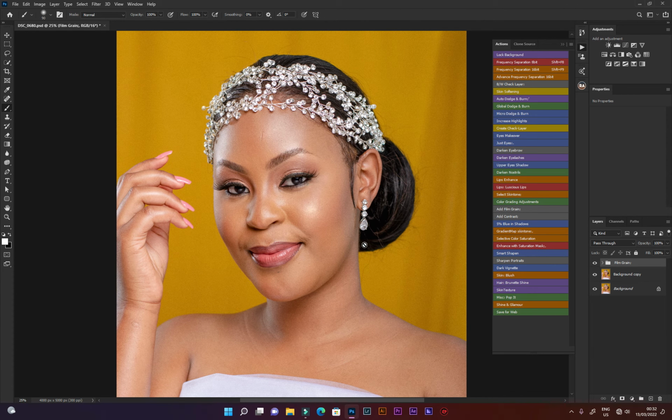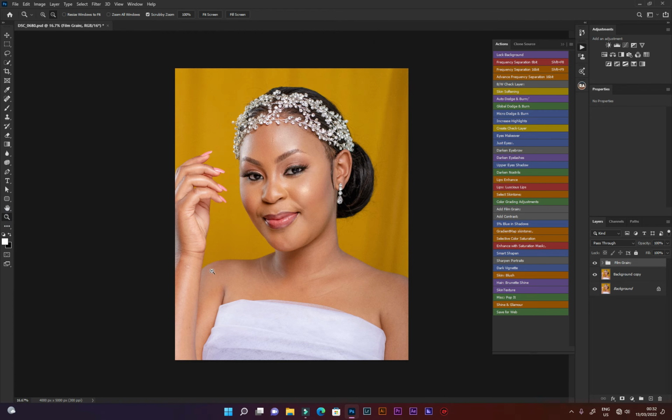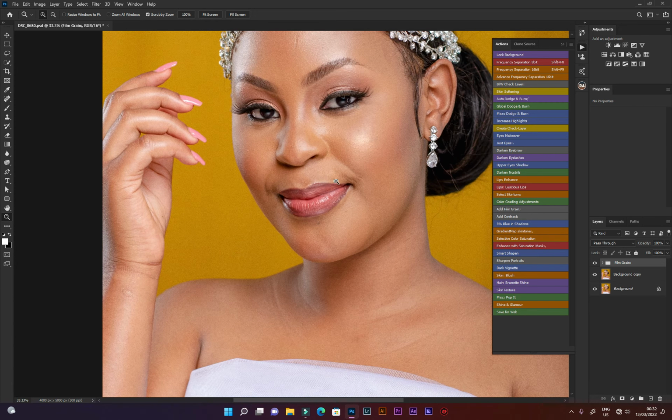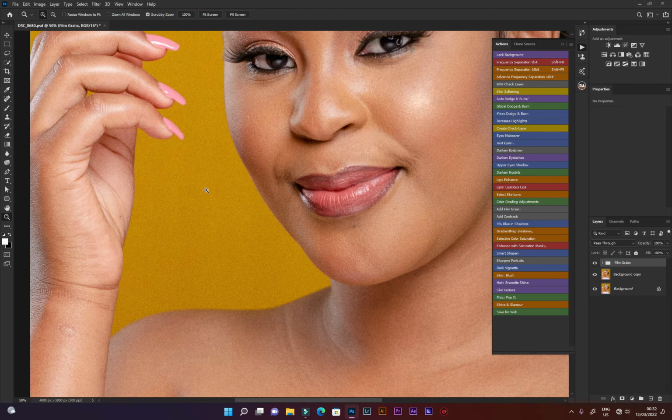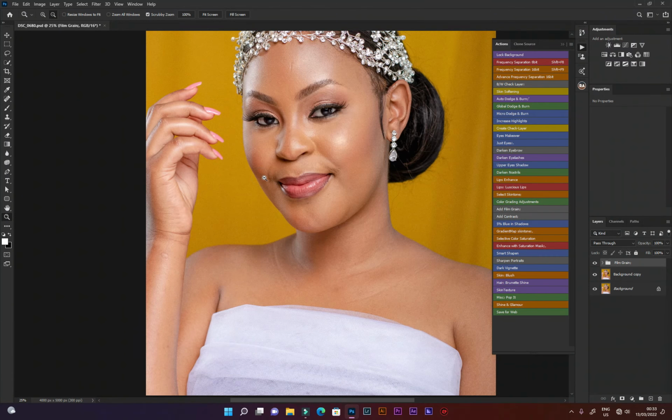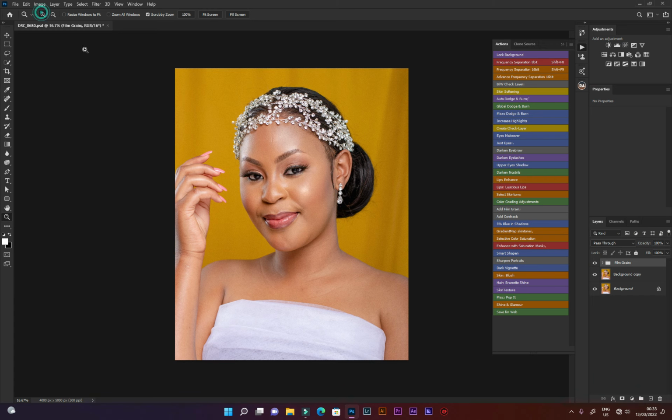Continue. As you can see, guys, let me zoom. I'm sure you can see some. Look at this section right here. Let me show you before. As you can see, this is before, this is after. Before, after. Okay, so let's say the grain is too much for this image and we have to